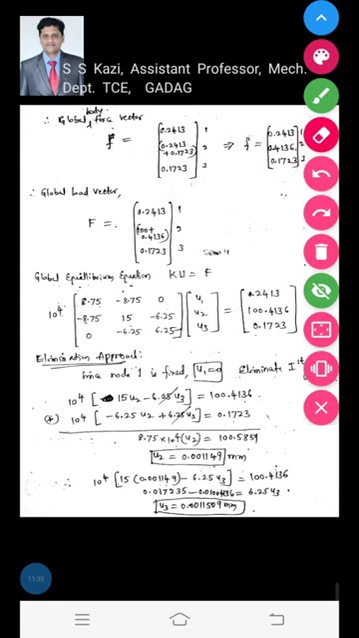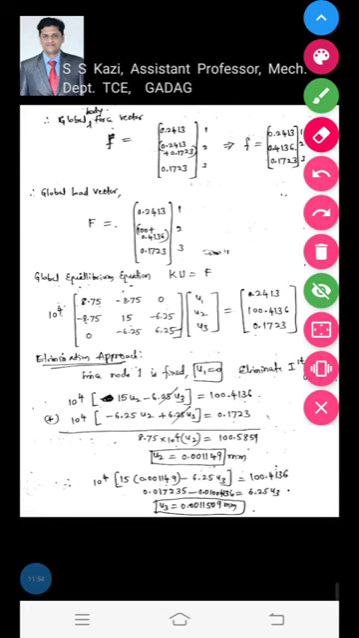This is the global load vector we got. Global equilibrium equation, Ku is equal to F. The global stiffness matrix we have already calculated. Just write it in terms of the unknowns U1, U2, U3 is equal to F, with these values 0.2413 and so on. Now we will apply the elimination approach to determine the unknown nodal displacements